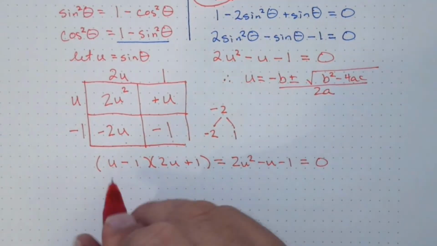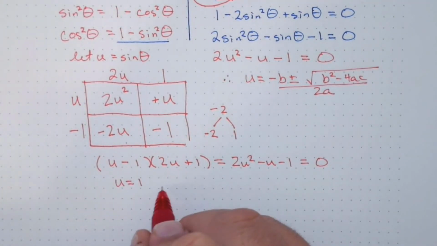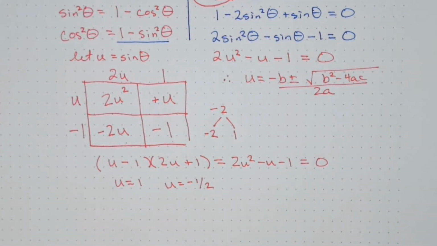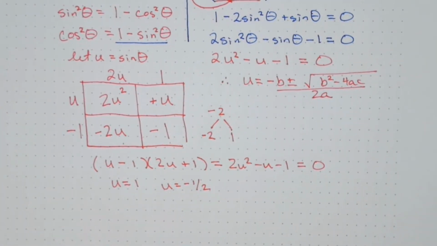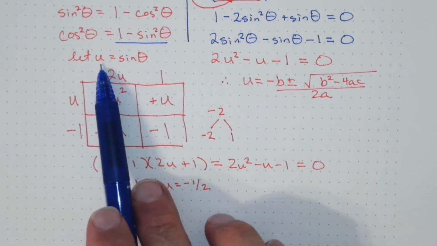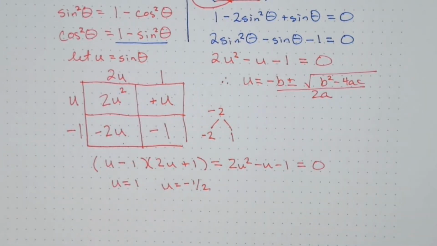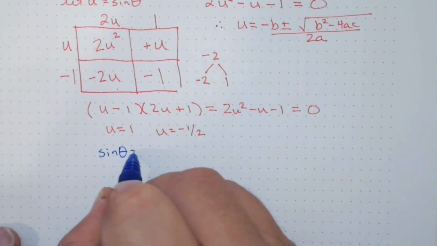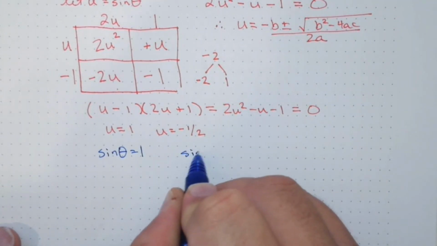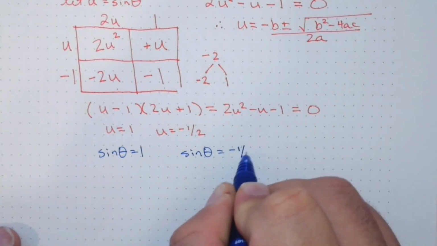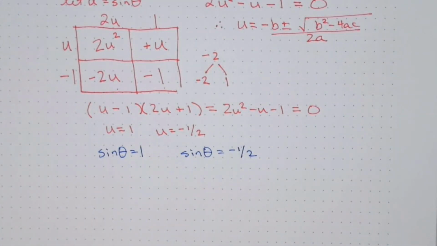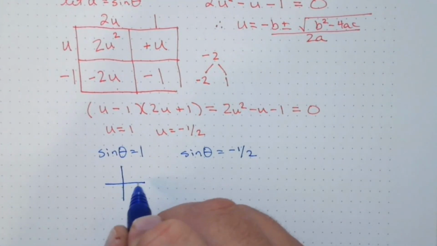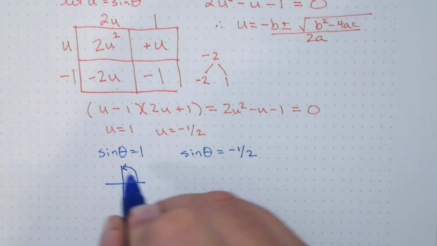Well, the solutions here would be u needs to equal 1, or u needs to be negative 1/2. However, we need to remember the substitution. Here we let u equal sine of theta. So that means that the sine of theta needs to equal 1, or the sine of theta needs to equal negative 1/2. Right? If I think about when the sine of theta is equal to 1, I know that that's up at 90 degrees,